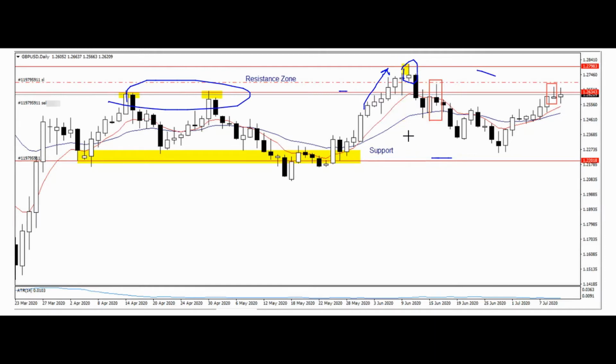Since then, we've had this beautiful looking bearish pin bar just here, a reverse bearish pin bar at that, which is how we entered the market, which of course resulted in price capitulating back down to create some minor support around this area here. Since then, obviously, price has gone back up. We have another bearish pin bar here, even though it's a bullish body, it's a bearish pin bar, and as I'm talking to you now, price is retesting this